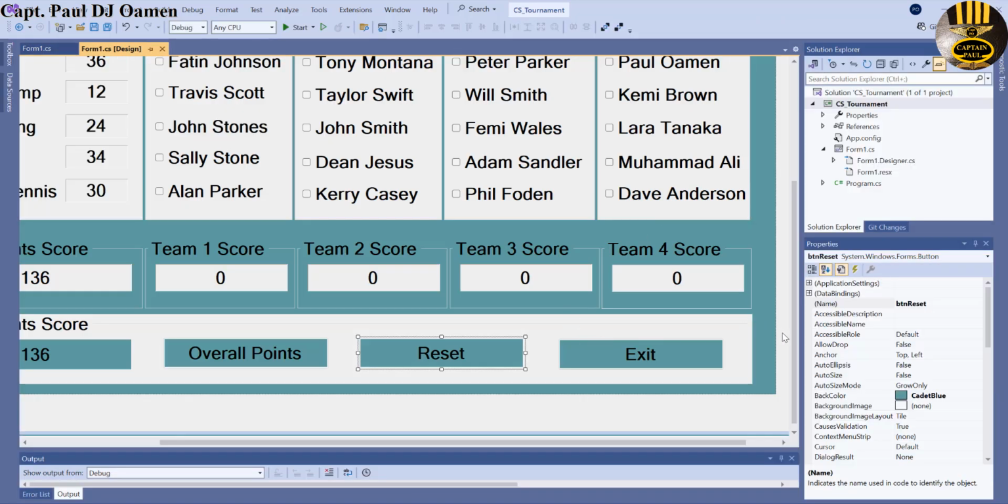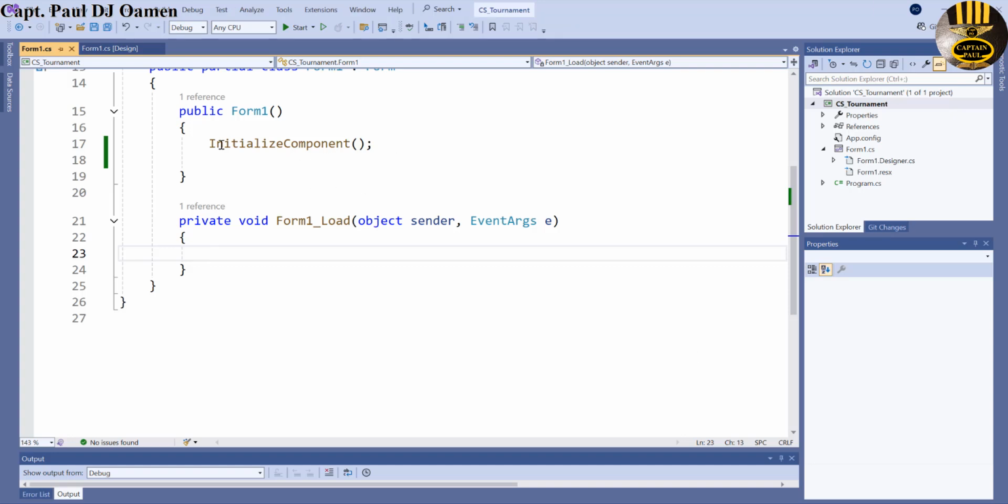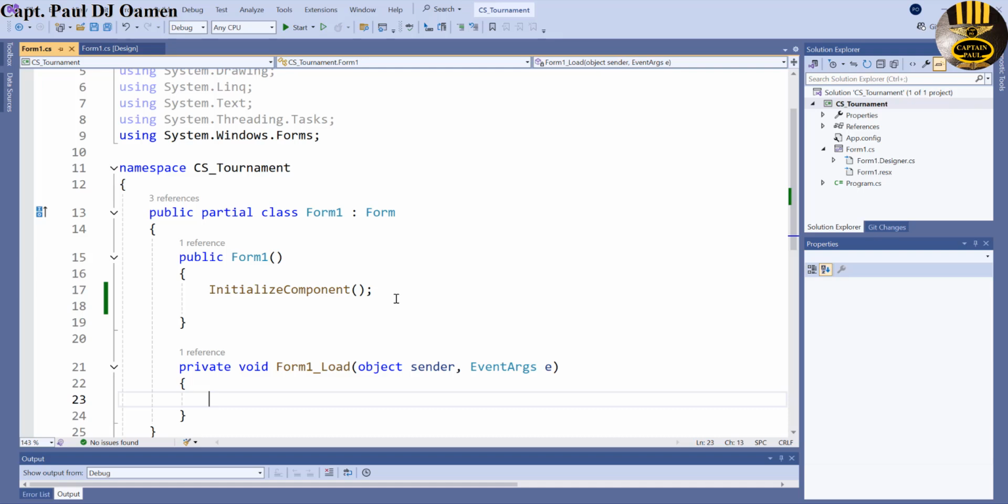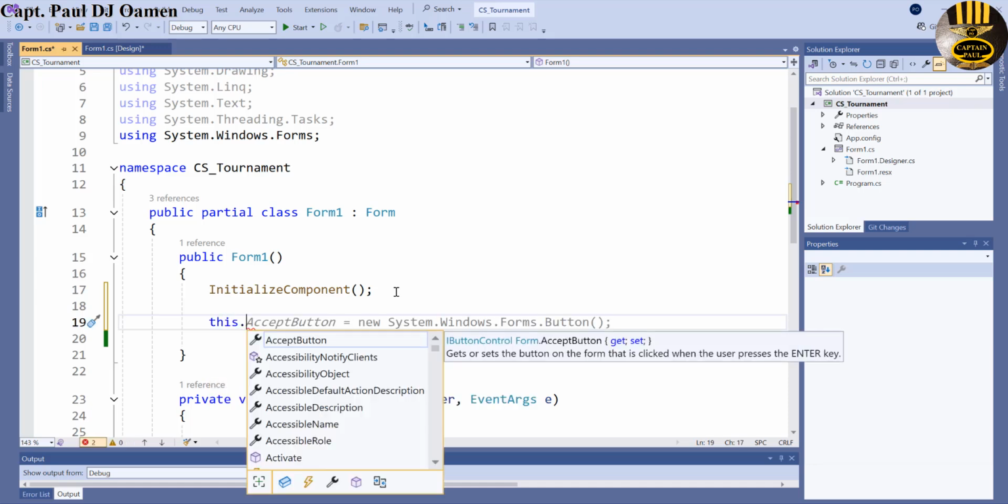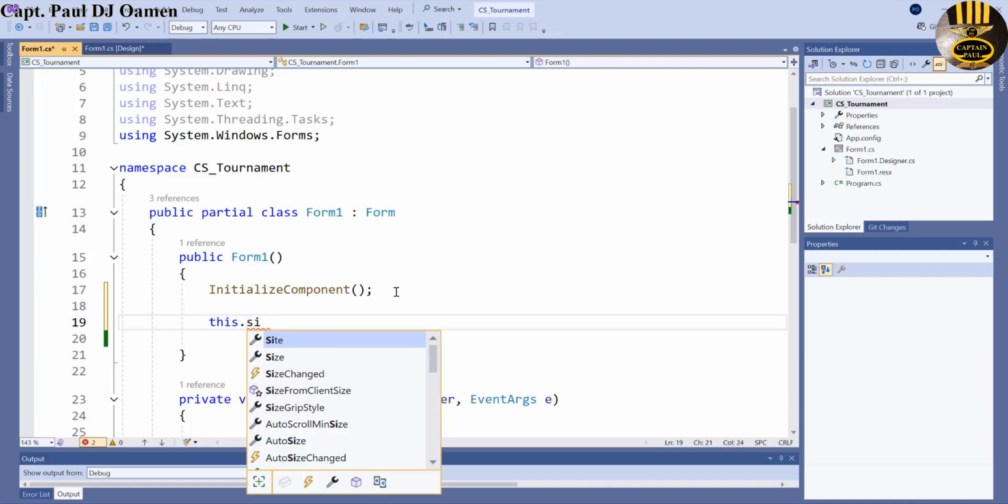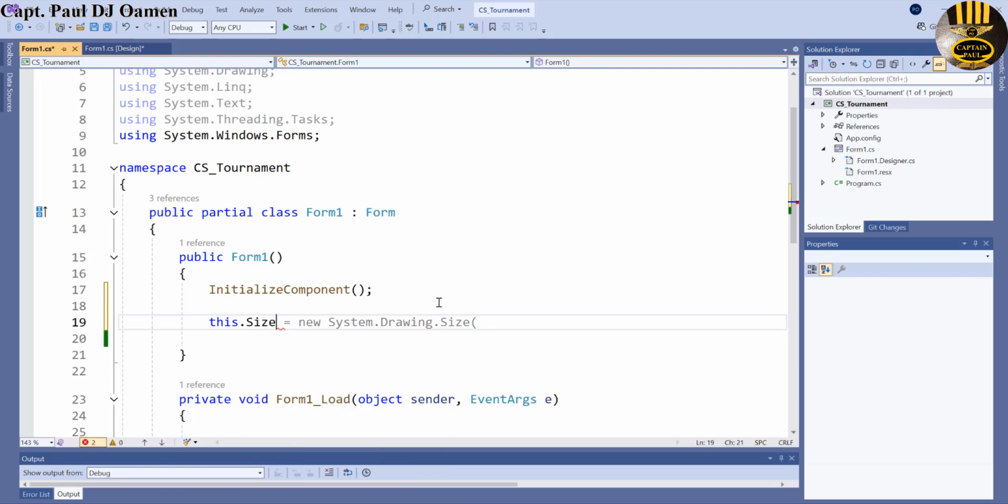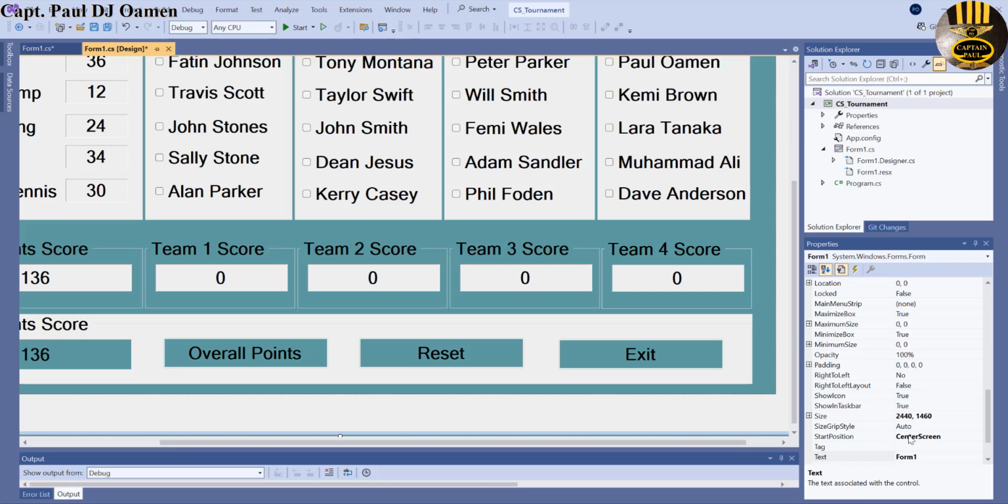So let's close that. I will double click on my form here and go right here. You see where we have public form initialized right there. Let's press enter. So I'm going to say this.size is going to be equals new. So let me just accept all of these for now, and let's grab hold of the size of my form. So let's go back to form and click on the form. That's the size. Copy that size